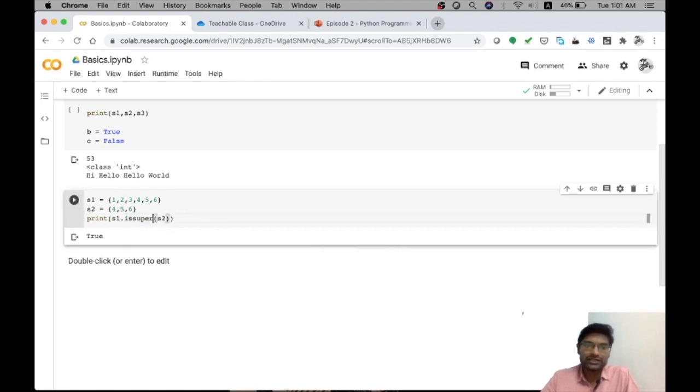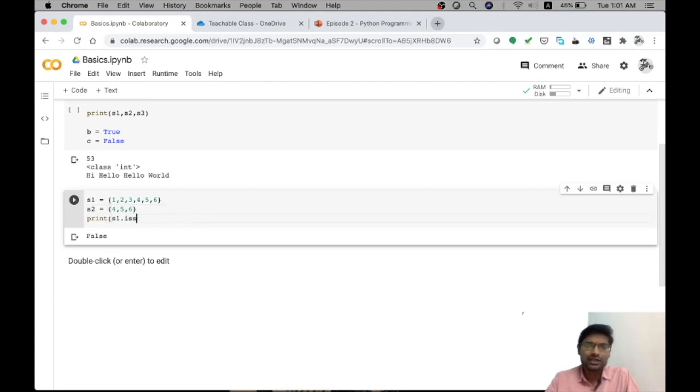If I check the other way, the value will be false because it is not a subset. Values in S1 are not present in S2, so S1 cannot be a subset of S2. I am repeating multiple different views of subset and superset.